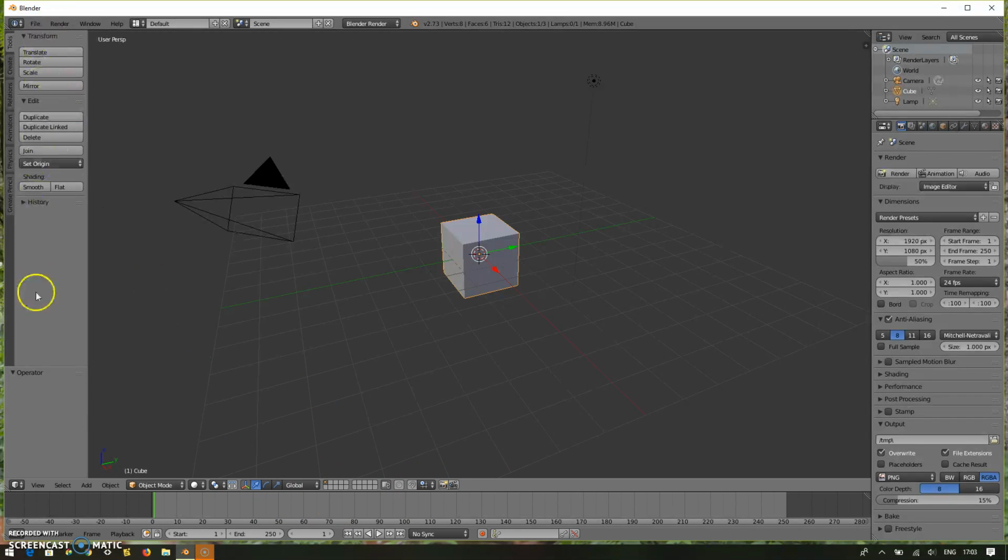On the left side you can see the panel of controls. On the right side you can see the properties panel, where you will be working more on every property setup. And at the bottom you see the timeline to set up any animation, and you can